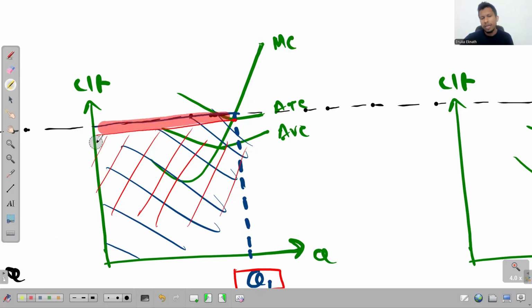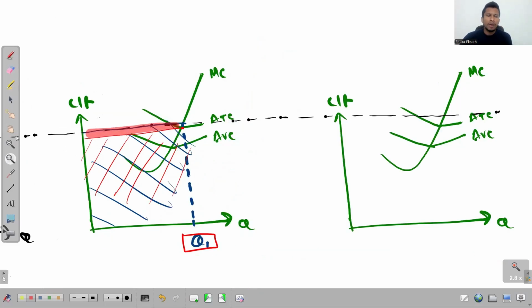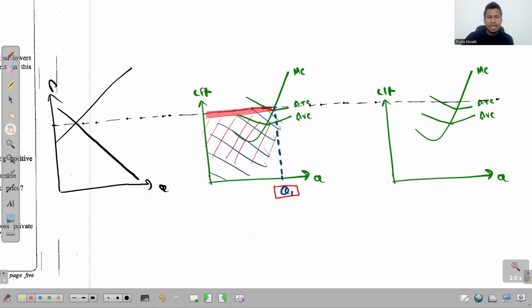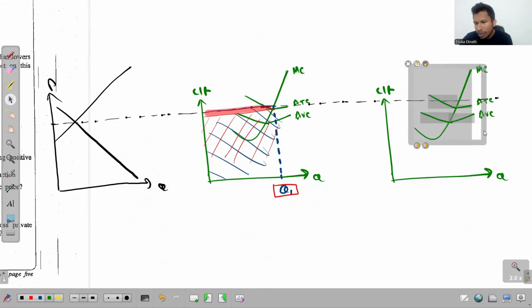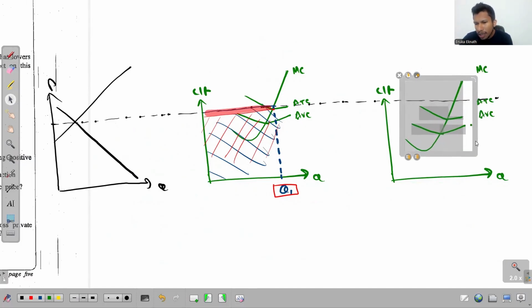Yes. And then what happens suddenly? Their technology, they find a new technology with which they can lower the cost. So what happens? Nothing happens to the price. Price is still the same, right? Price is still the same. What happens to all the cost curves while the price stays the same? I take all the cost curves and shift them down like this.